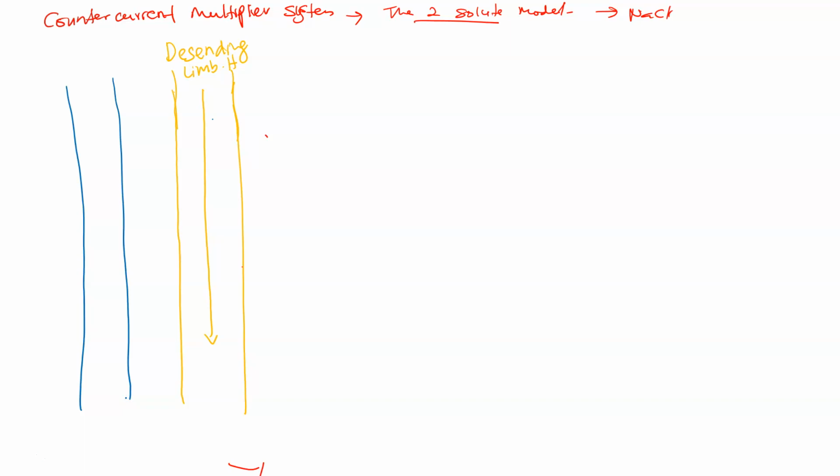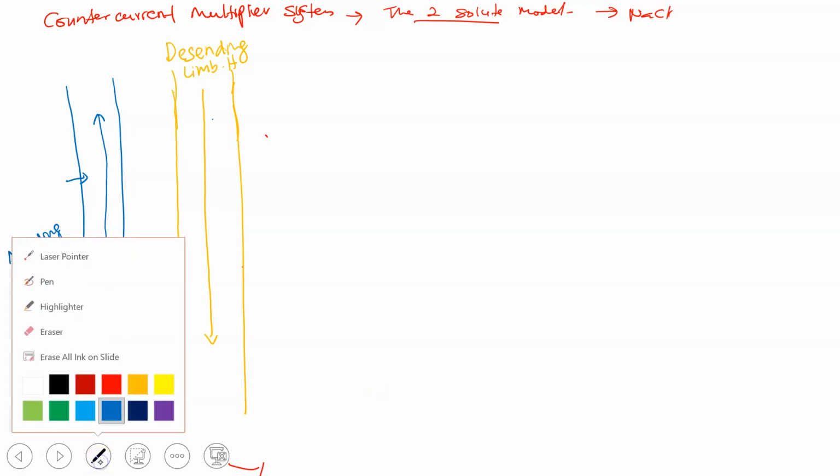Biru adalah warna untuk blood vessels that carry deoxygenated blood. Okay, in this case, blood will flow in the opposite direction, and this is the ascending vessel of vasa recta. Okay, so tengok tu